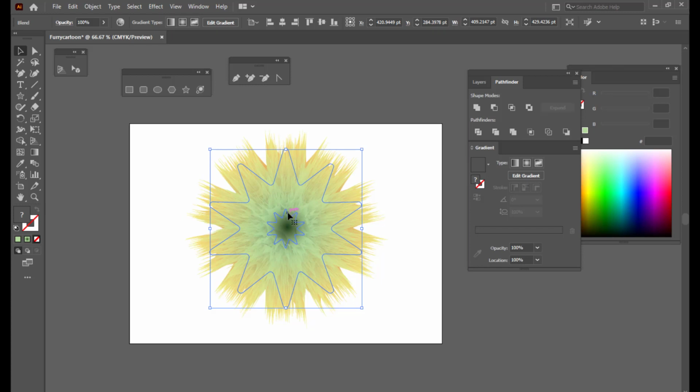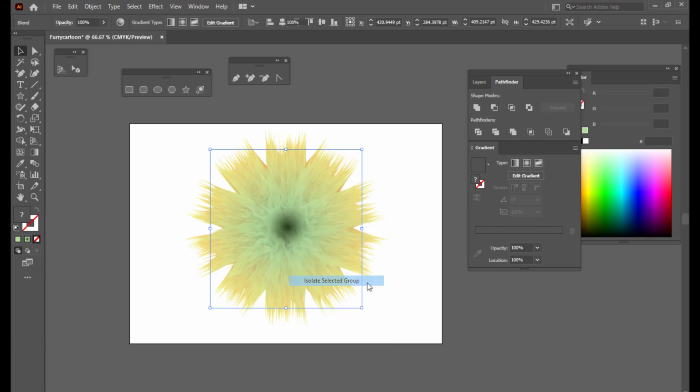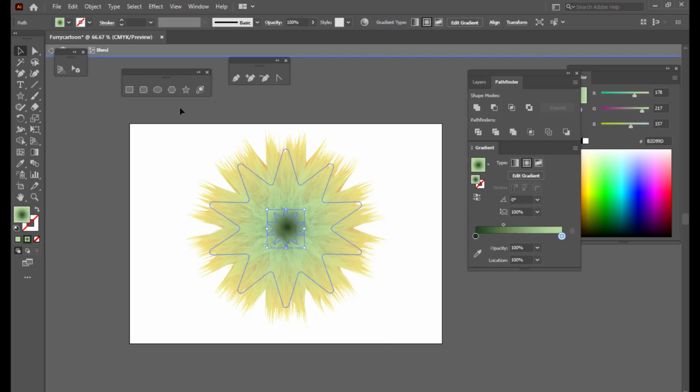So what we will do is we will simply right click over it and we'll select isolate selected group. So what it will do is we can have control over these shapes. We can individually control the shape. So we have to go inside this isolate selected group mode. So right now we are inside the